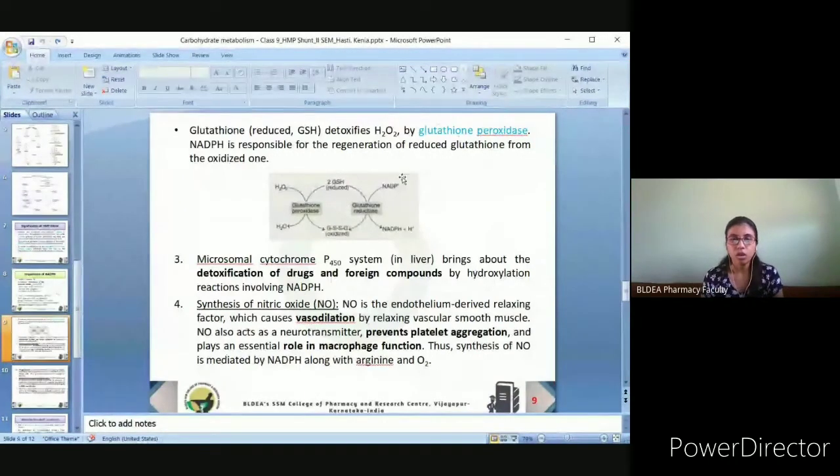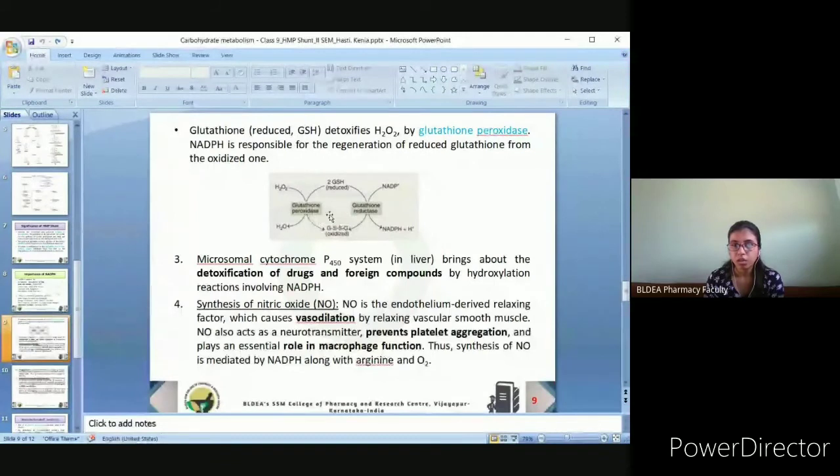So these glutathione molecules, what do they do? They tend to reduce hydrogen peroxide by oxidizing themselves. You can see this in the image. Glutathione is already present in the reduced form, and in the reduced form it reacts with the hydrogen peroxide synthesized in the body. The hydrogen peroxide molecules are converted into H2O, resulting in oxidation of glutathione. Hydrogen peroxide undergoes reduction while glutathione undergoes oxidation, and this is facilitated by the enzyme glutathione peroxidase.